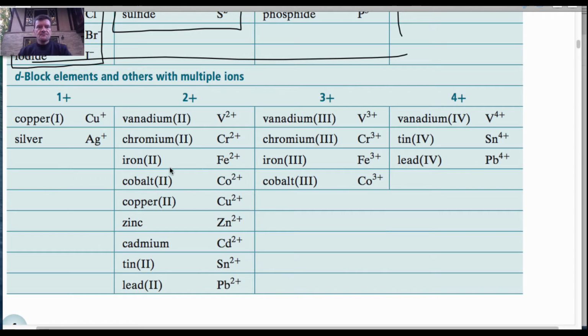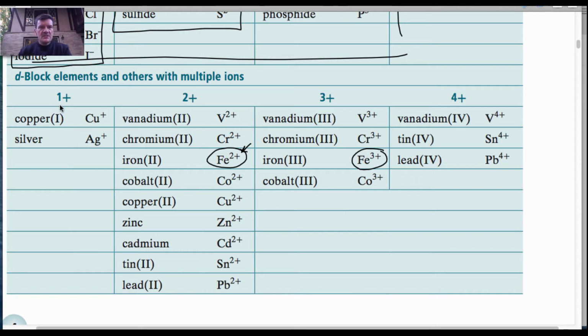For example, iron. Iron right here, that's a metal. It might lose 2 electrons from the s orbital, or it might lose 3 electrons, maybe from the s orbital and 1 from the d, or 1 from someplace else. It has multiple ions that it can form. Okay? So this is a list of metals, and these are mostly in the transition element group, that could possibly